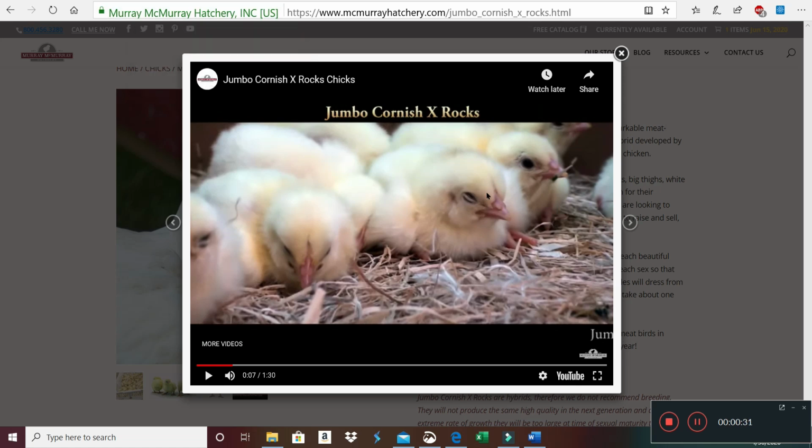So these are what the chicks look like, and I'm going to show you some video of my chicks, but I thought that you should see the fantastic product that is provided by this hatchery. A lot of the hatcheries will carry these, and I've ordered from several of them. Again, I order from Tractor Supply because they tend to have better prices than directly from these hatcheries. But in this case, I noticed it looked like it was the same price, whether you ordered from Tractor Supply